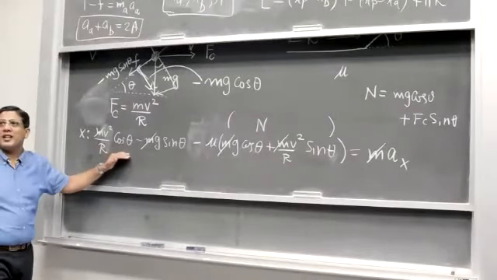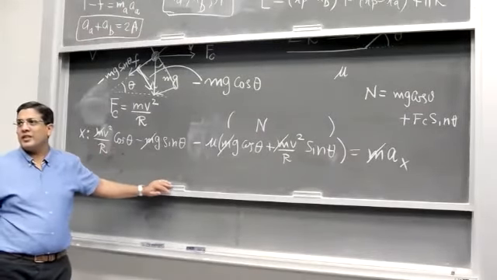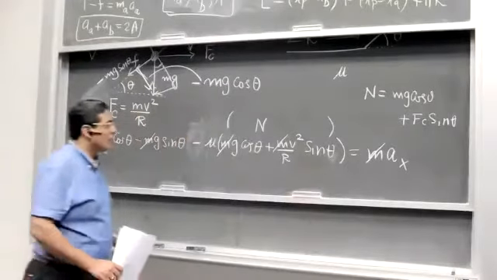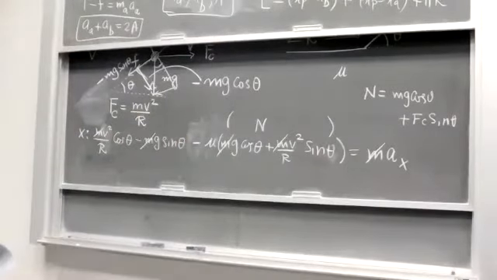What would be the condition that the car does not slide, does not skid? AX has to be 0. Okay, so if you set AX to be 0,